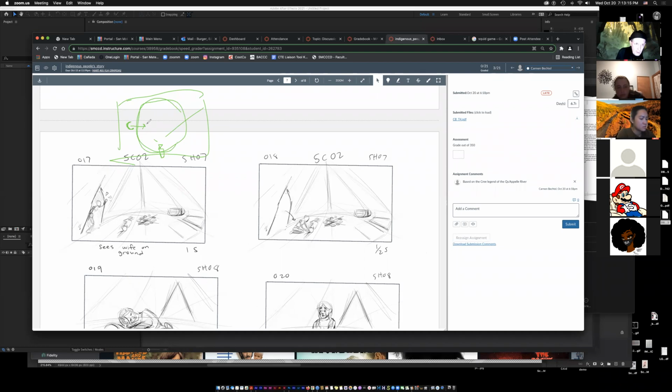I'm suggesting this camera right here, an ECU, an extreme close-up, and I think you need this. Your 180 is okay here, but I think that you need this ECU. I mean, he's just seeing his wife. And it's up to you. You can put it there,